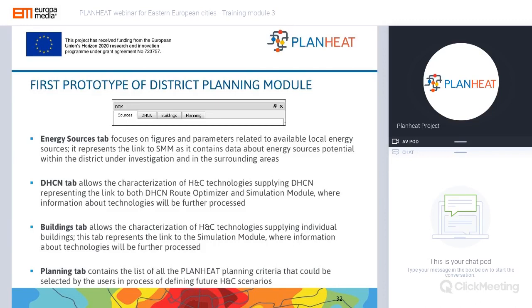The next tab is the building tab, which allows the characterization of heating and cooling technologies supplying individual buildings. While the planning tab contains the list of all PLANHEAT planning criteria that could be selected by the users in the process of defining future scenarios.